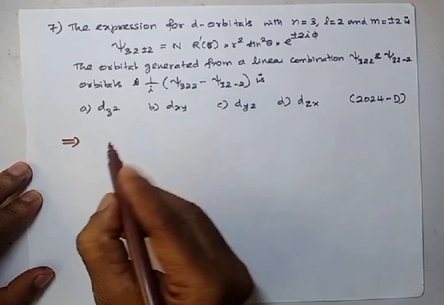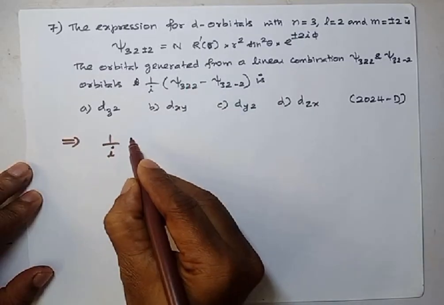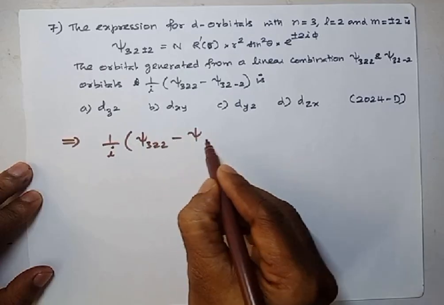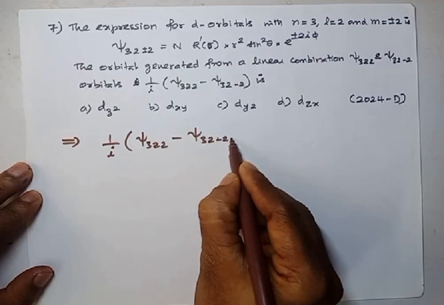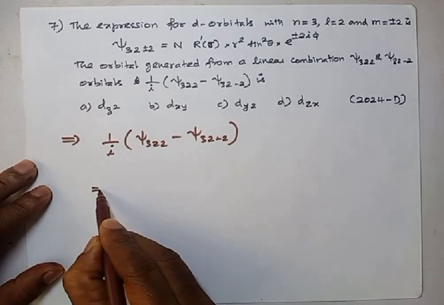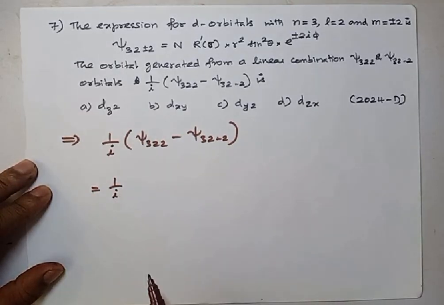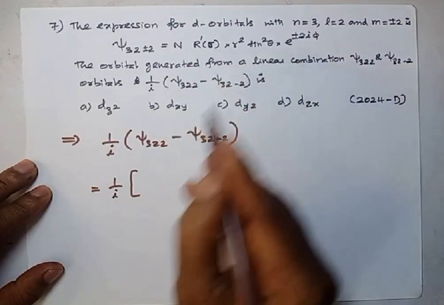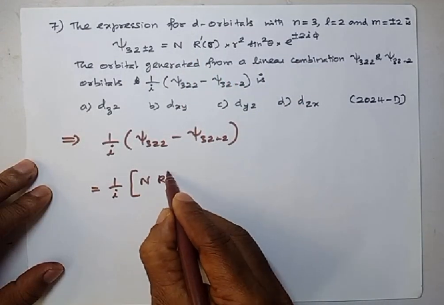We should take this linear combination, 1 by i times psi 3,2,2 minus psi 3,2,-2. This linear combination we should take. Okay, so which is nothing but 1 by i. I'll take 1 by i as such. What is psi 3,2,2? Psi 3,2,2 is N R prime